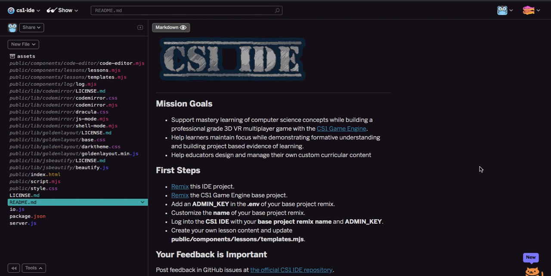It's intended to reach the whole way down to middle school, the whole way up to college, graduate, and even postgraduate because there's so much involved. It's basically a system where students will be empowered by their teachers. Their teachers will create some lessons, and the students will be empowered to build things code related, or it could be artistic and asset related, that's going to ultimately affect and support the building of a 3D multiplayer game that's also VR compatible. They can play it on Oculus Quest, for example, or